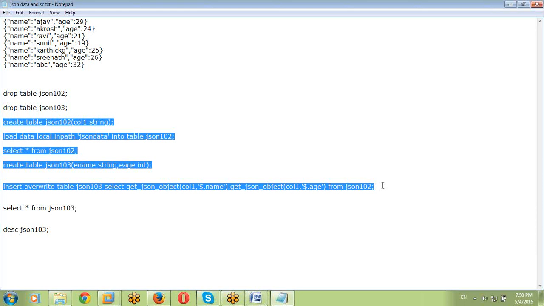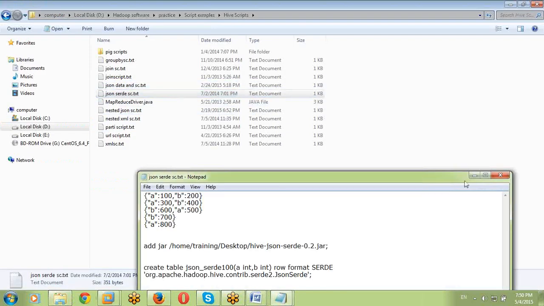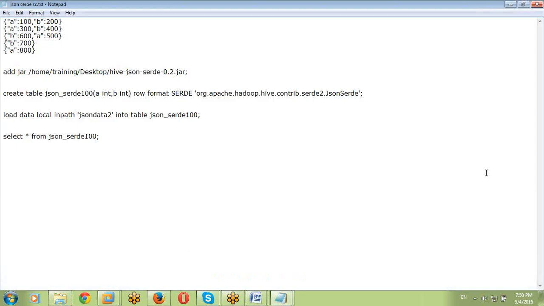Another approach is by using the concept of serialization and deserialization. What exactly are serialization and deserialization? Nowadays most organizations are generating huge volumes of JSON data. Those data I want to convert into structured format. The four-step strategy is a lengthy procedure. I want to convert those procedures into something shorter.